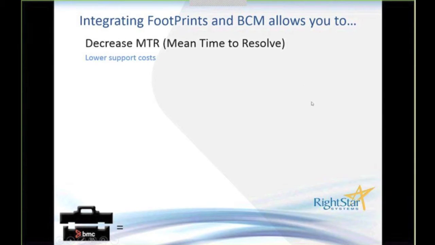So the one thing that's very, very important to a service desk is, the whole reason we're tracking our incidents, hopefully, and doing things on the service desk is to decrease that mean time to resolve. And ultimately what that does is lower support costs, but it also increases your customer satisfaction when a customer's issue is resolved promptly, quickly,